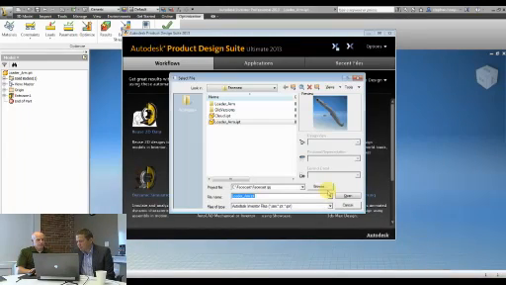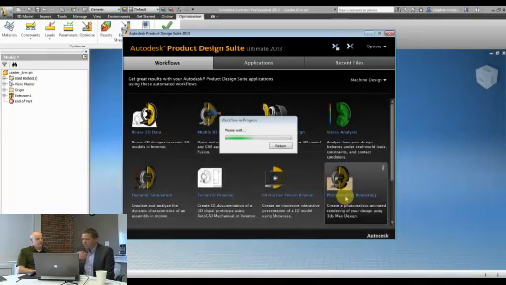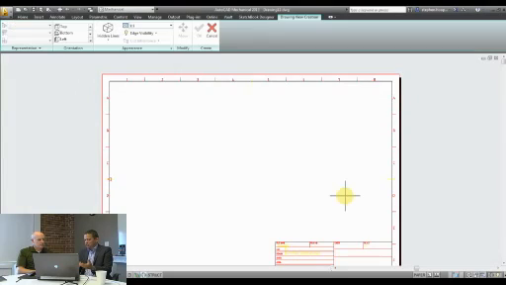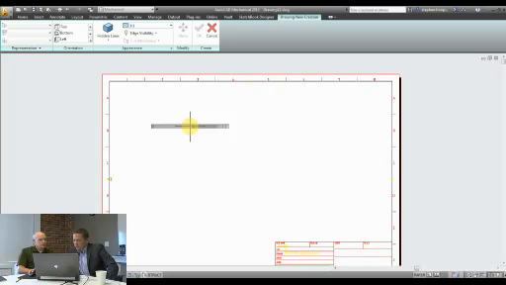So I know which template I want to use inside of AutoCAD, and then we're going to pick that cloud solved component that we were just working with. In fact, we'll choose this one. And then when I select open, it's going to take the application that it knows it needs to use, which in this case is AutoCAD, take that particular component, and then we can choose whether we want shaded views and what type of projected views we want to create for our drawing.